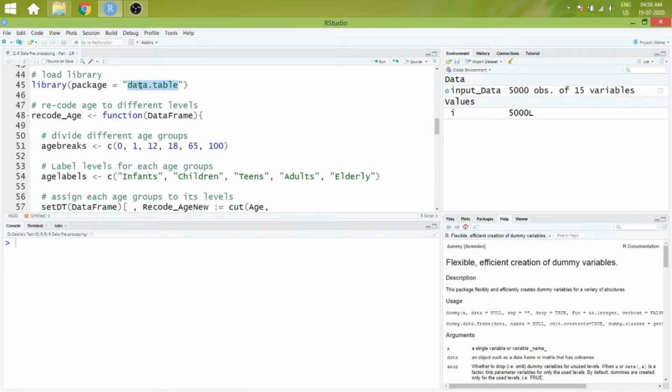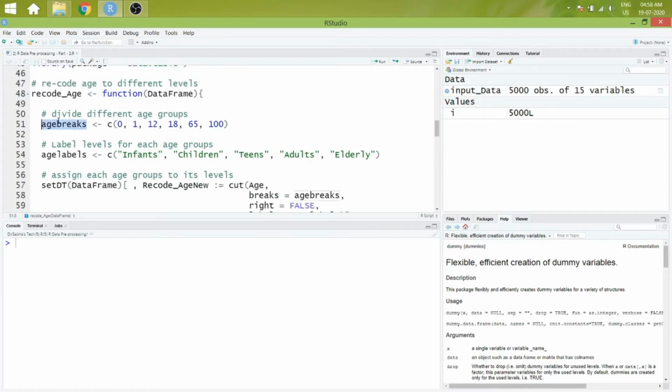Data.table package is helping us to understand recoding process of a numeric attribute. Line 51 and 54 are defining the age breaks and the corresponding age labels. That is, babies of age between 0 to 1 are labeled as infants, 1 to 12 children, the age between 12 to 18 as teens, 18 to 65 as adults, and more than 65 as elderly.